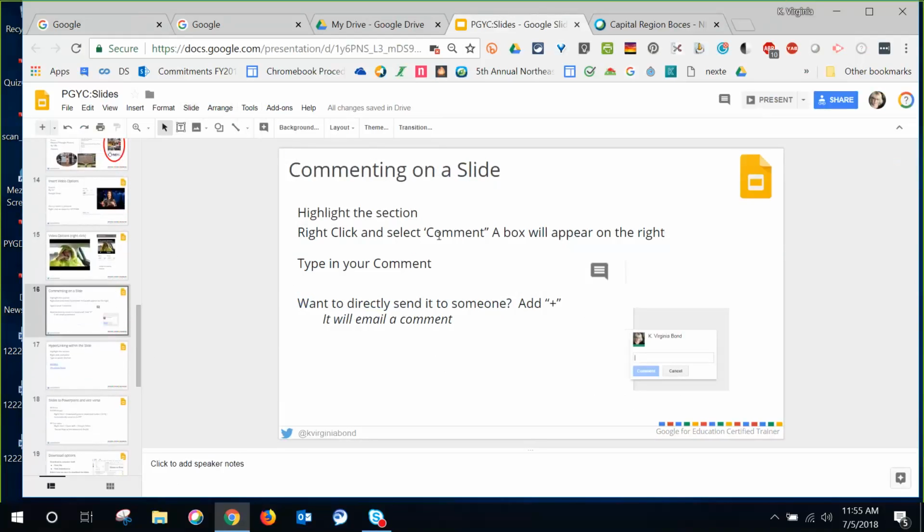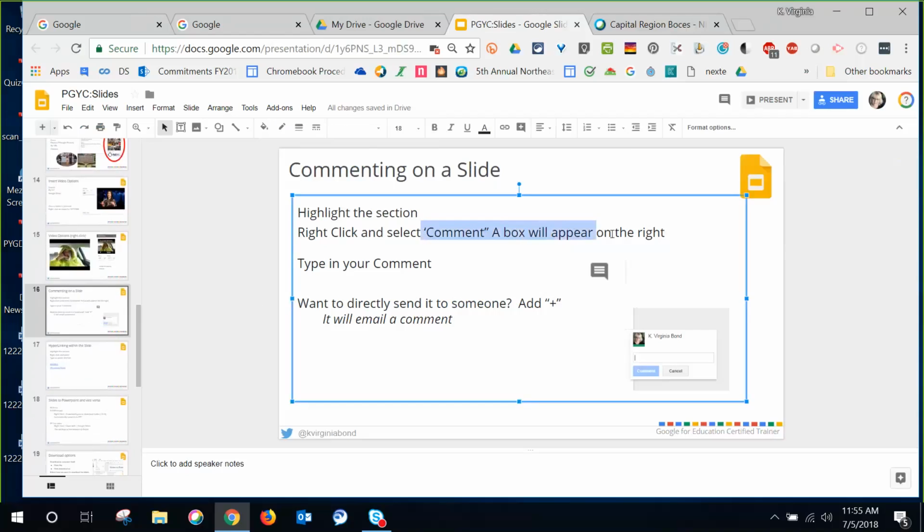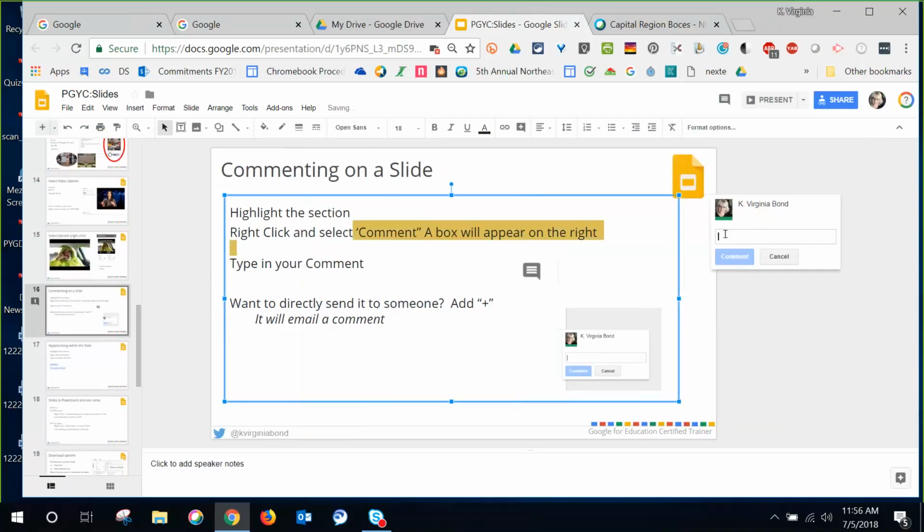So you want to comment on a slide. Now, why would anybody want to comment on the slide? I am not a huge proponent of editing anything with student work. I would rather that you commented down the side. So if I decided right in here that I wanted to add a comment, I would highlight and I want to send a comment. And I would just type in